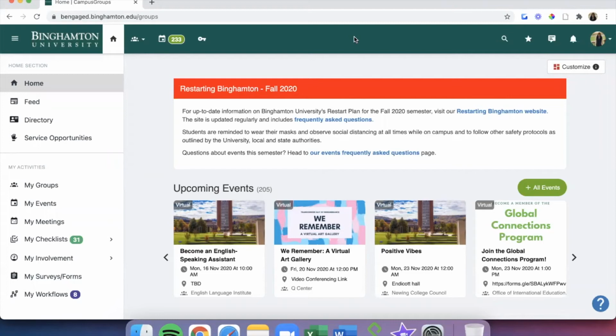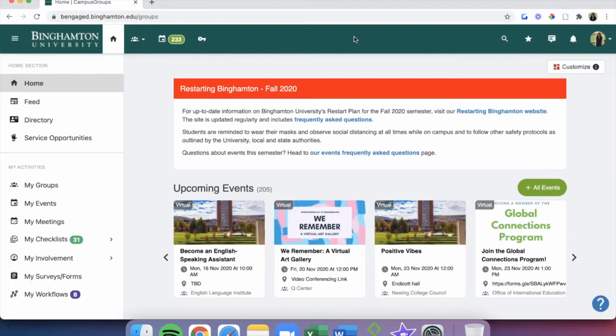In this video, we're going to walk through how to set up a Be Engaged workflow. This is a bit of an intricate process, but we're going to take it one step at a time. Setting up a workflow is a great way for your group to create a seamless approval process within Be Engaged, whether that's for event requests, financial approvals, and more.